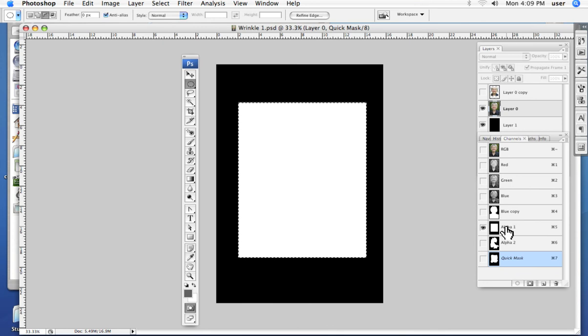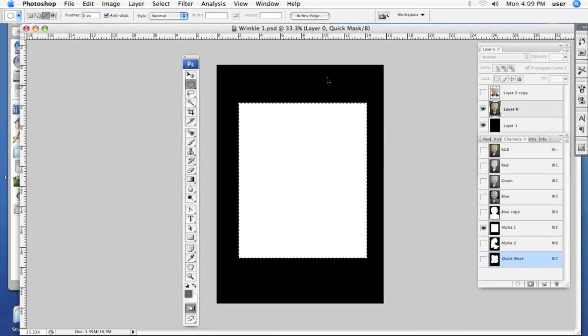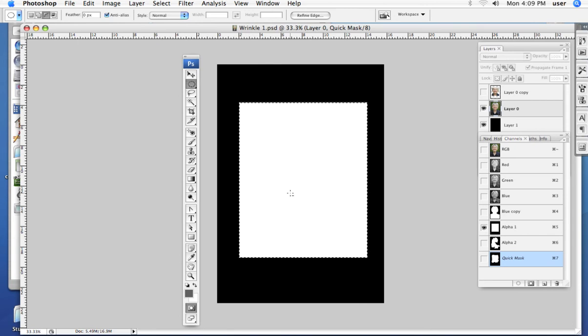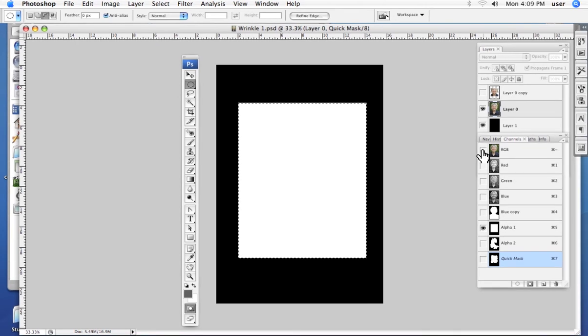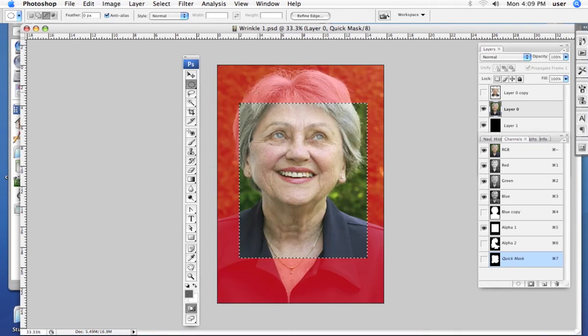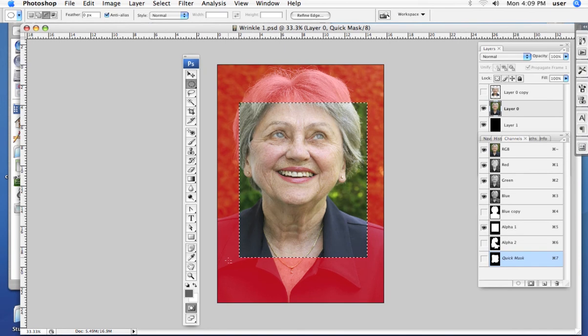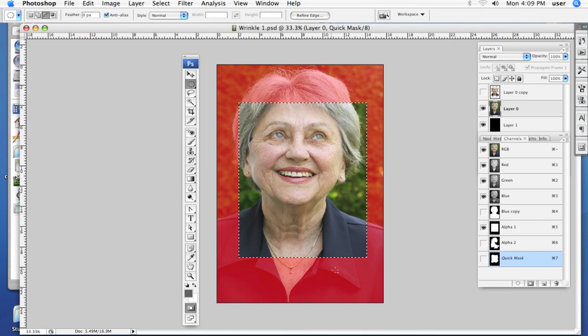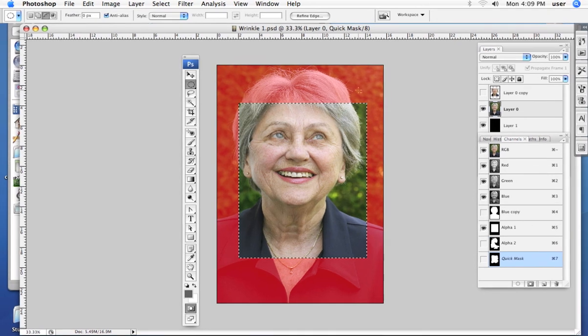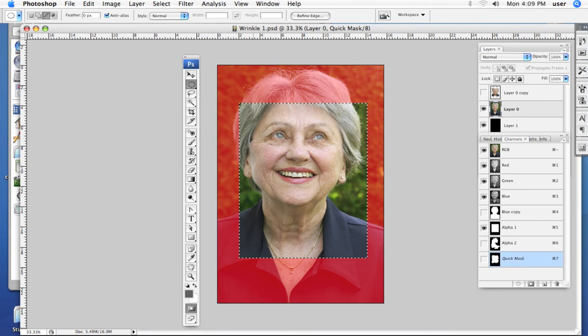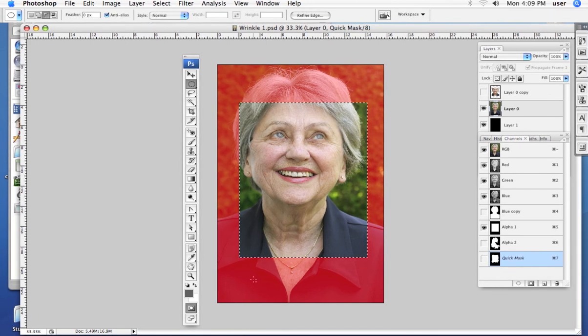And when we look at the channel just by itself, it is black and white only. When we turn on our image with it, it shows up as being red and translucent. This is so that we can see it in relationship to our image, to edit it some more. And that's why you see it currently in red. This wouldn't print. This is simply indicating the shape of the new channel I made. And